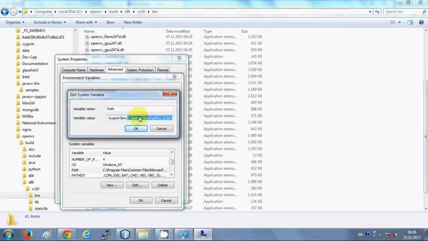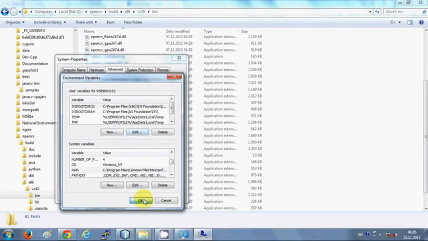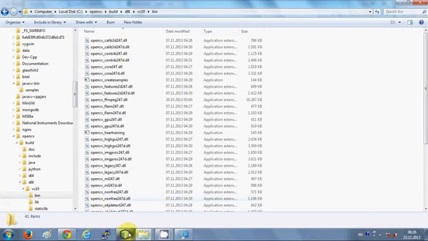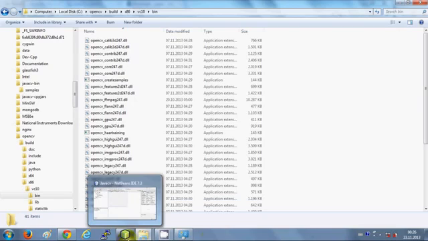I have already done that, so you will be able to see it here after this semicolon. Whenever you are going to give this path, just give a semicolon here and then paste your path. So here you have C:\opencv\build\x86\vc10\bin. Once you have done that, click OK, and once again click OK. Now once you have set your environment variable,